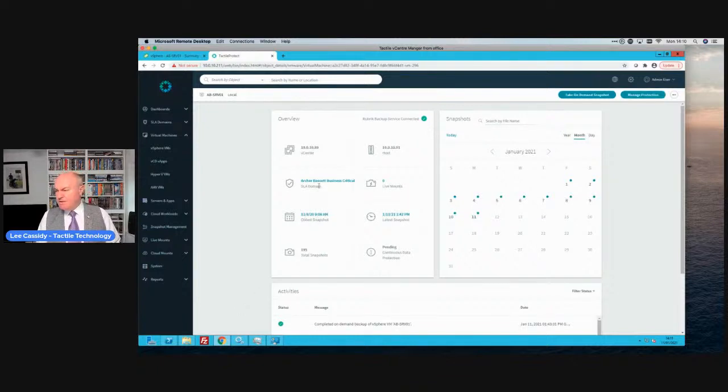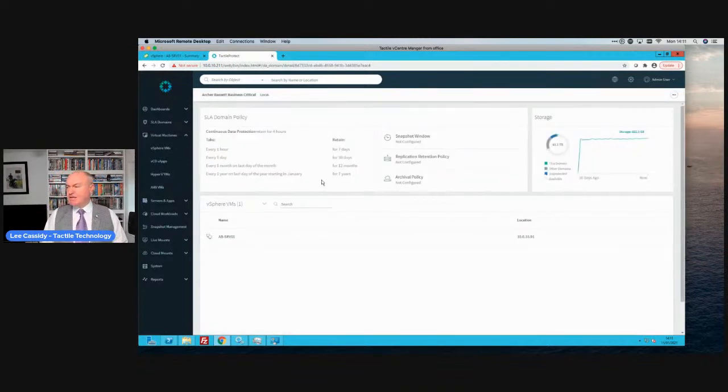So at the moment, it's actually being protected using an SLA called critical. So it's a critical system machine, and we've got some specific things set for that. So if we click on it again, it'll take us in there. And what we're doing is we're doing hourly backups, and we're keeping those for 7 days. We're doing daily backups, keeping those for 30 days. We're actually doing a monthly and keeping those for 12 months, and we're doing an annual and keeping that for